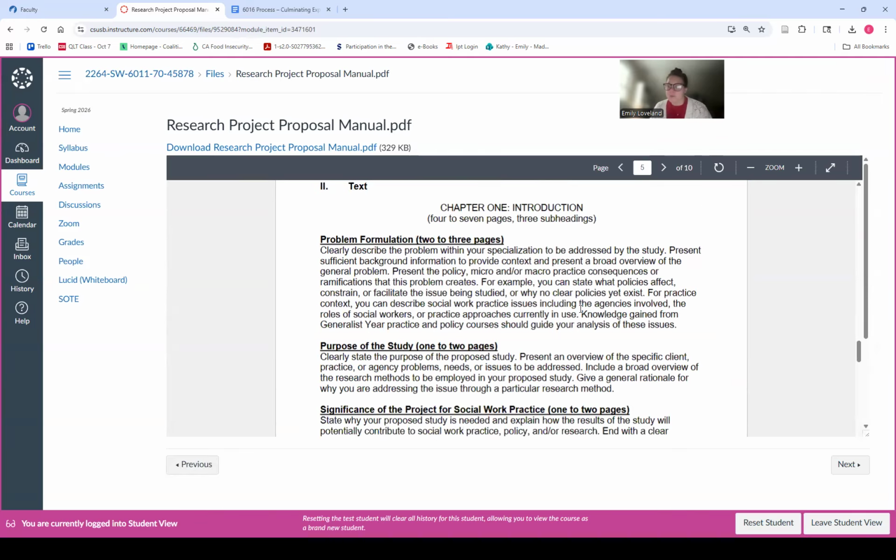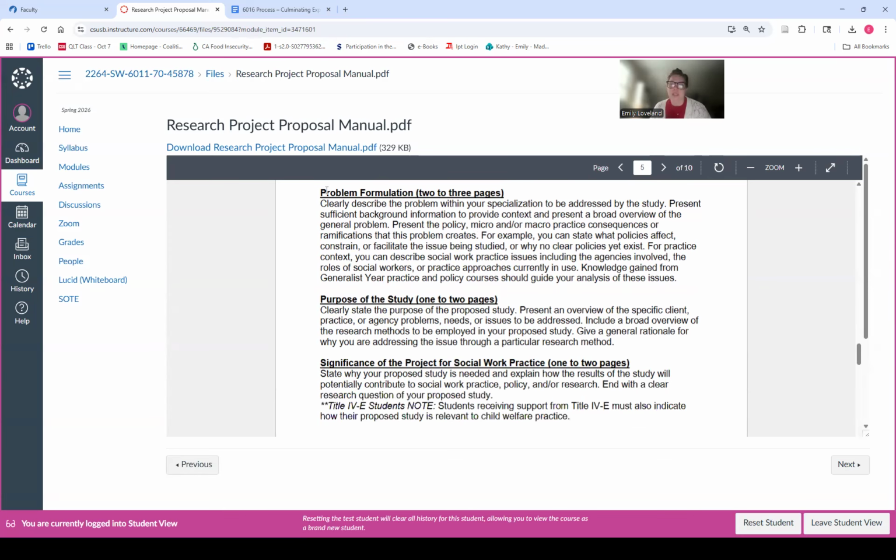I think the thing you'll be most interested in is this Chapter 1 introduction. It's suggested it's 4 to 7 pages. If you know me, I don't really count pages, but I'm more interested in the quality of your work. And it has 3 sections, a problem formulation, where you're going to describe the problem. This is where you're going to put statistics and fact-based evidence that shows why this is a problem and why it's related to social work,